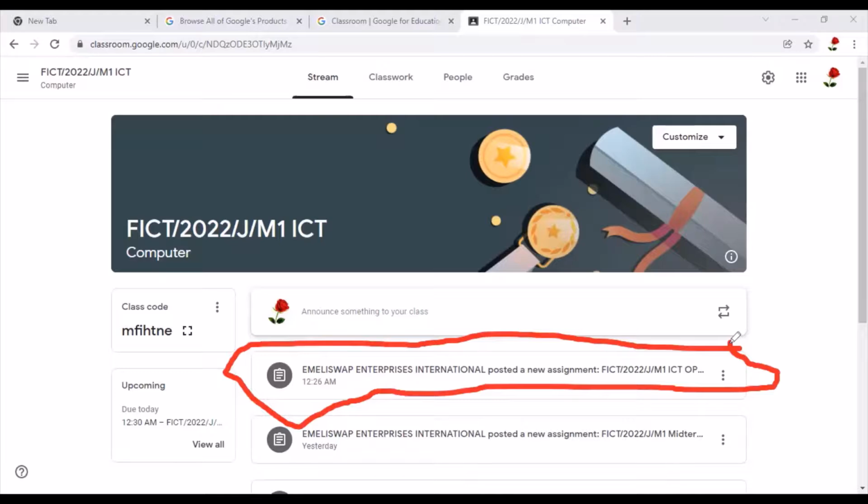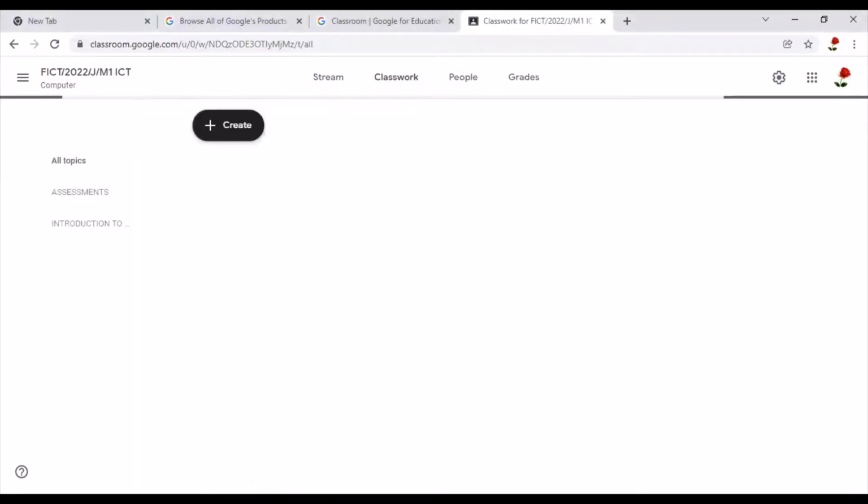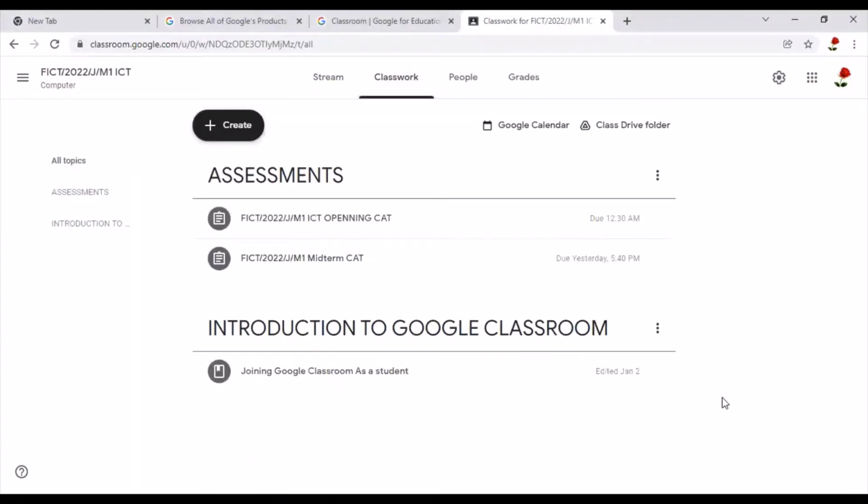If we click on the classwork section, we expect to see the weightage and the assessments. You can see that